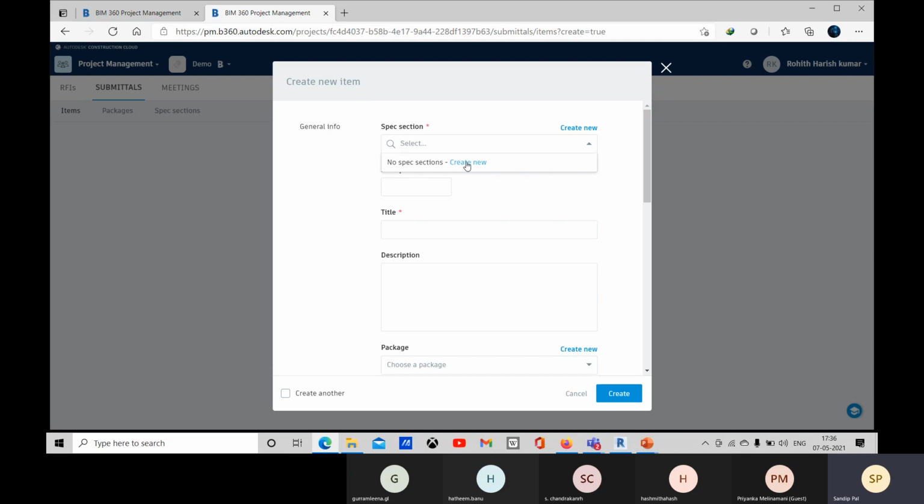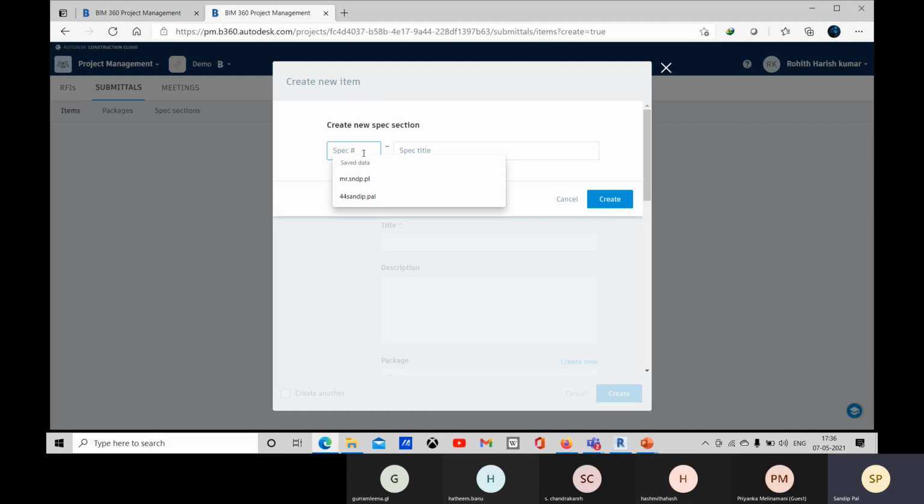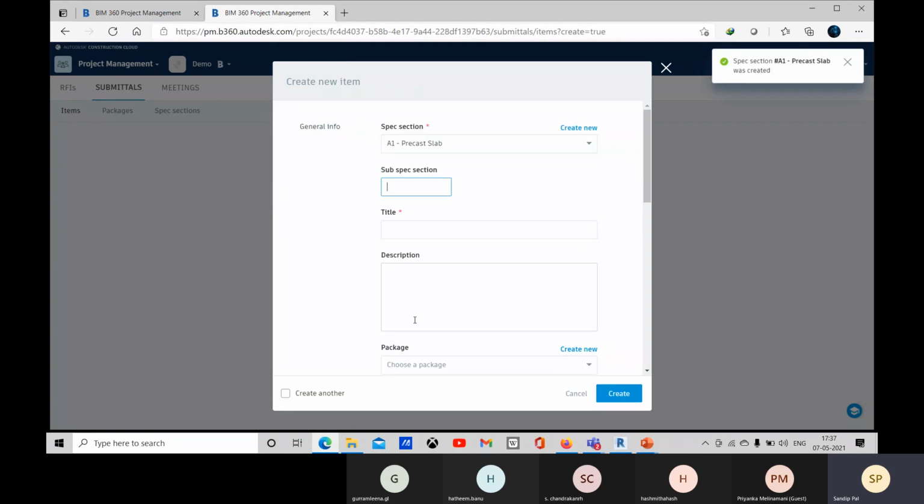So let's create it. Suppose A1, and the spec title is your precast slab or any mechanical pipe or any component you will place here. Precast slab. Let's go for create.